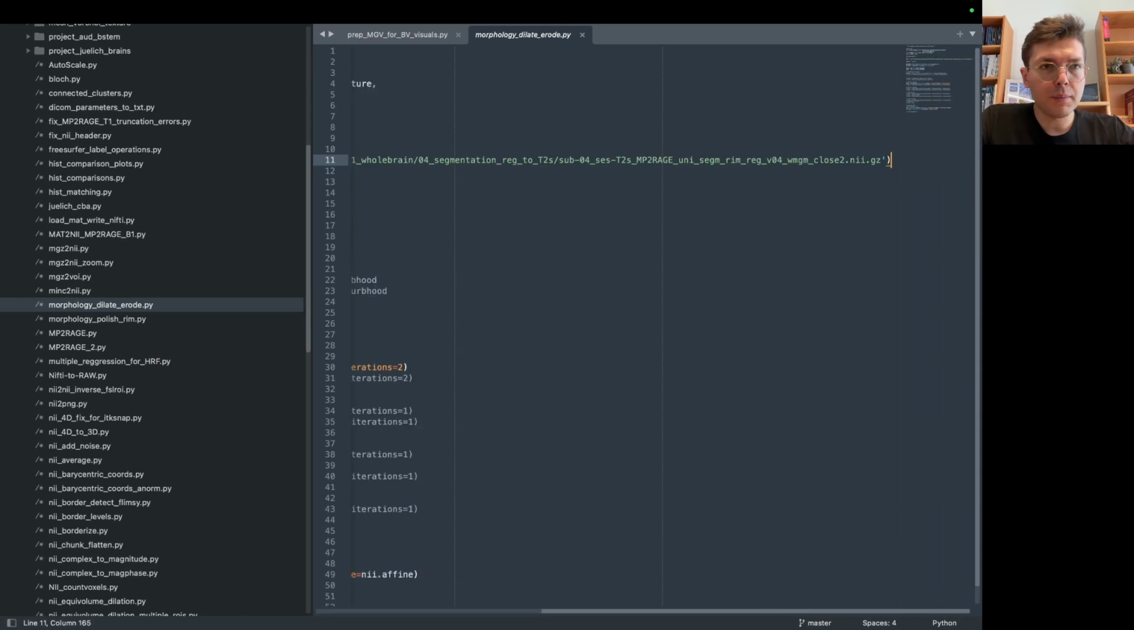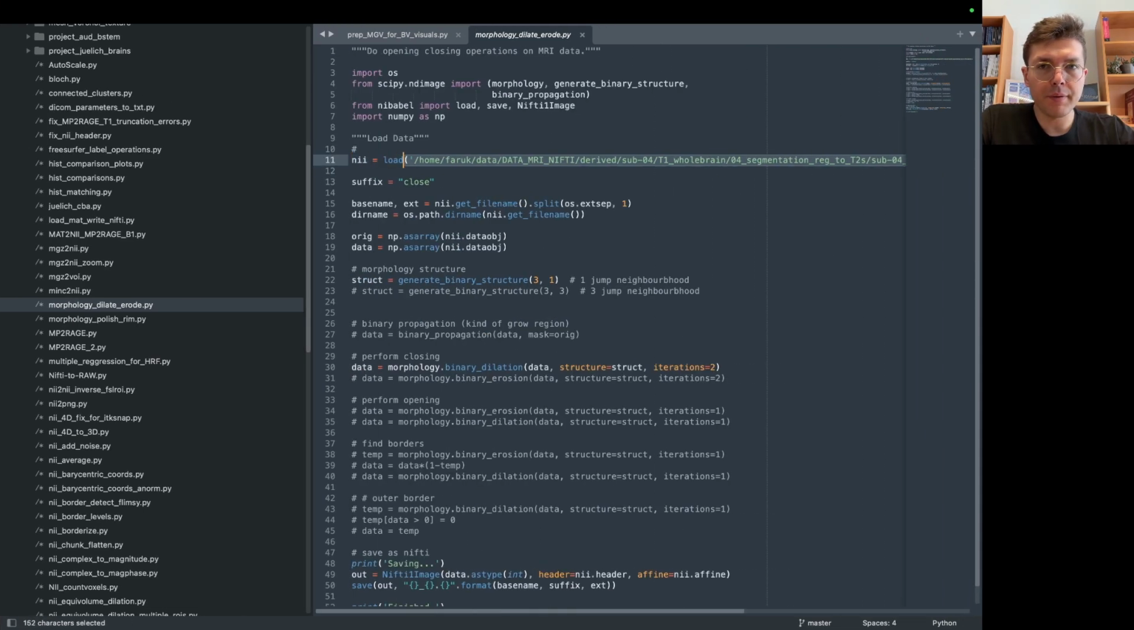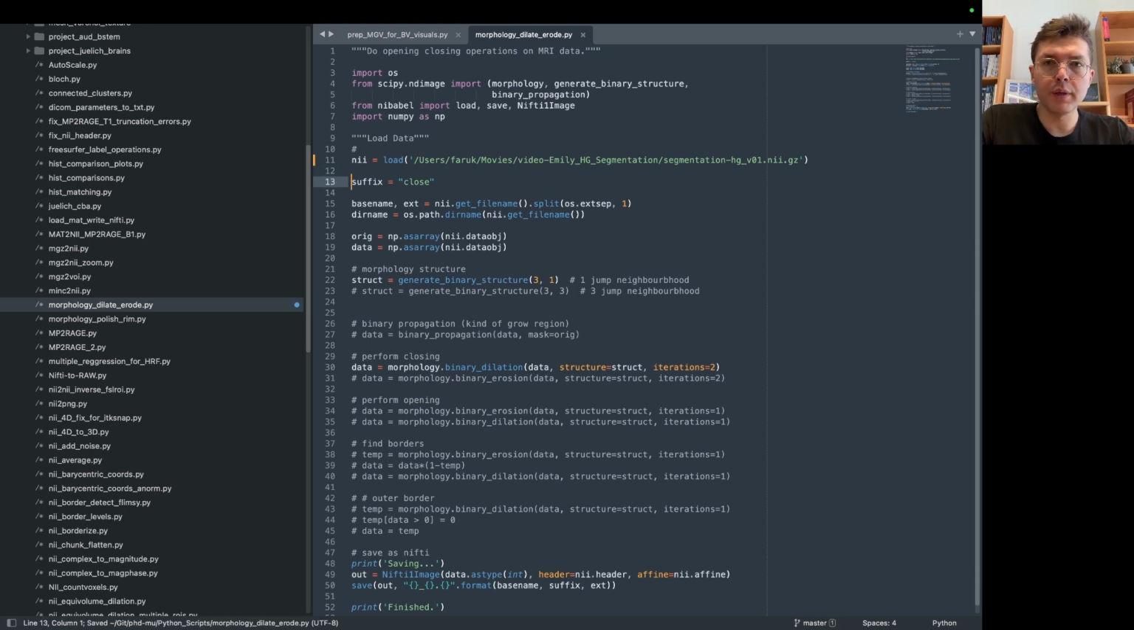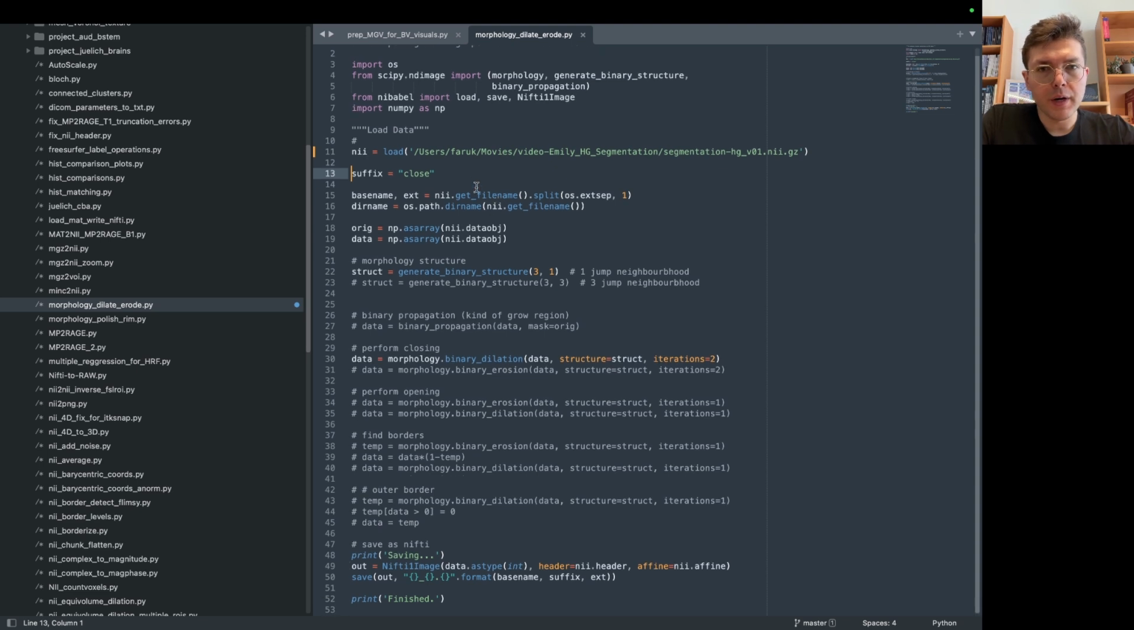But anyway, here, basically, you would give a nifty file, and we are going to do some morphology operations on this to fill in these gaps that we skipped over. We are going to do a closing operation, which is basically dilating and then eroding stuff. And I'm going to have